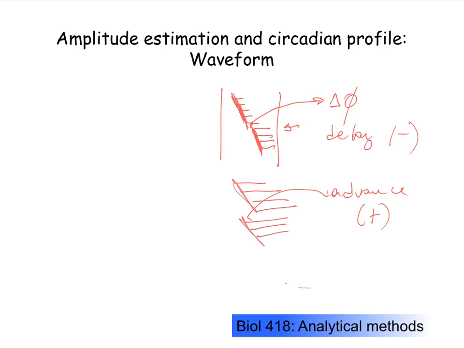There are other methods that can also be used in phase estimation. So I'm not talking about amplitude estimation yet, okay? I'm talking about phase, okay? I just didn't have a blank page. So for phase estimation, you can also,